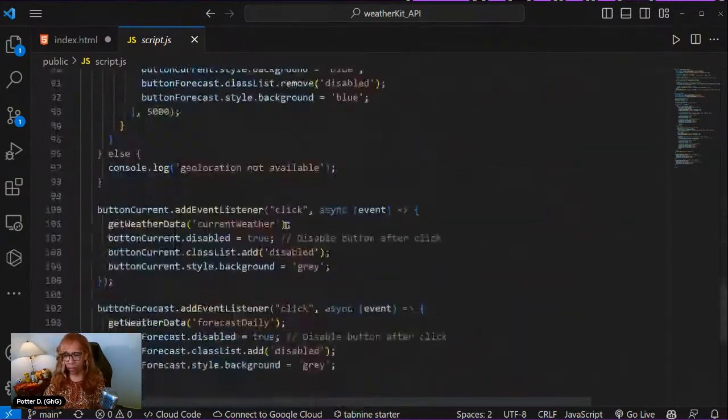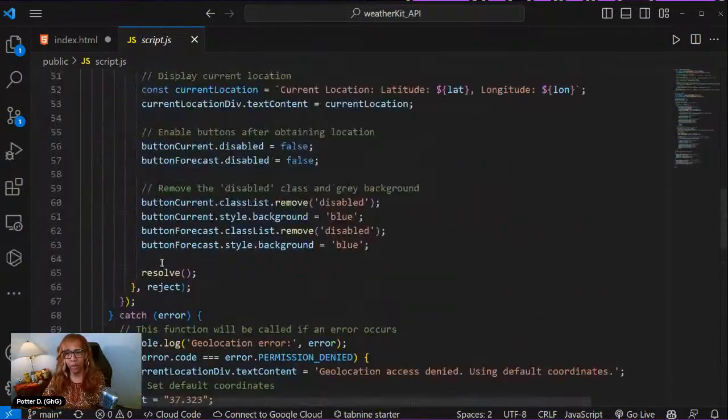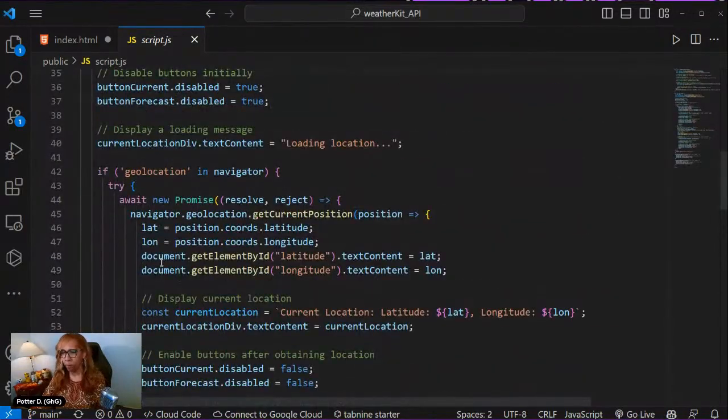And then at the end, I'm scrolling down quickly for a reason. It just loads it here. So the index HTML page loads, it keeps going down. When it gets to script, it loads script. Script pulls in all of this stuff. And then at the end, it says, hey, call the setup, which is basically loading this stuff.